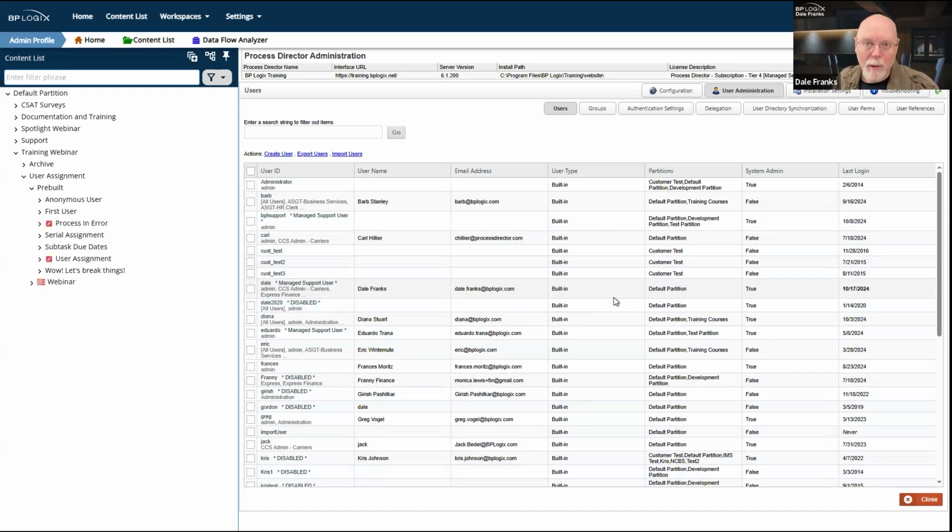If you use a SAML system to provide your accounts and to provide your logins, the user type will be SAML. Obviously if you're using Windows SSO, or if your users are sourced from Active Directory, even if they log in directly to Process Director, the authentication method doesn't matter in that case. Either Windows accounts where you log in via Windows SSO, or via Active Directory where the accounts are provisioned via an Active Directory synchronization, the user type will show up here as Windows users. And those are the three main user types: built-in, Windows, and SAML.